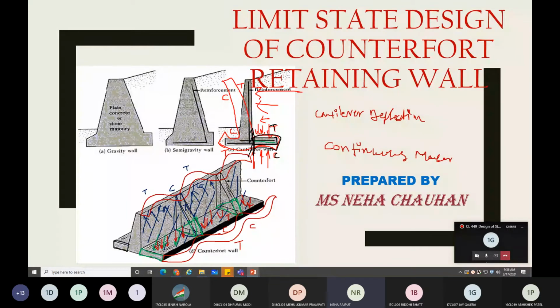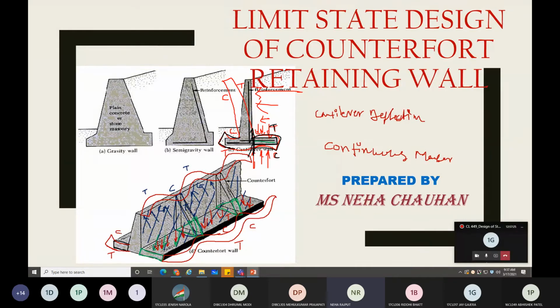Right. Now coming to the third element, and that third element is your toe part. Now this toe part in cantilever behaves like a sagging member, right? So the main reinforcement you are going to provide at the bottom, and the same is applicable over here also. So here in the counterfort member, the deflection of this toe part is the same as this. Here also there will be similar deflection. So tension at bottom, compression at top.